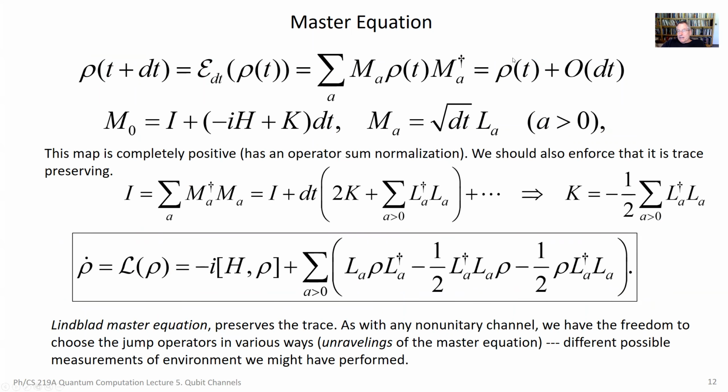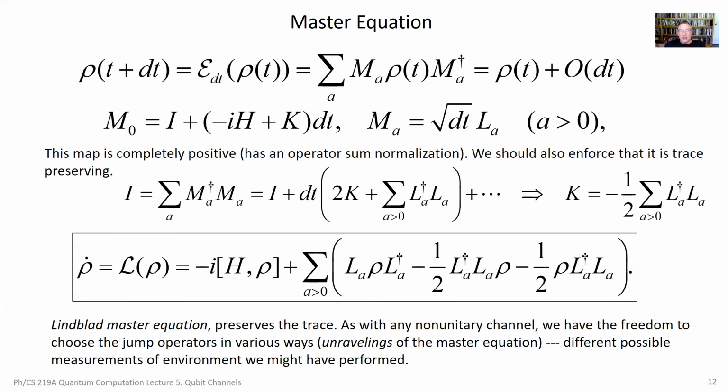So here it is again, what the master equation looks like. And here's our expression for the jump operators. Now there's one more thing that we should note, which is we want this to be trace preserving. We're considering the case in which we don't observe the environment. We have Markovian evolution due to interaction with an unobserved environment. So our